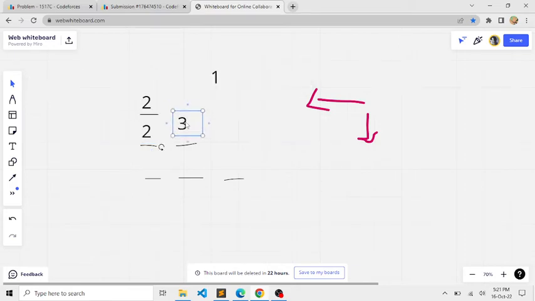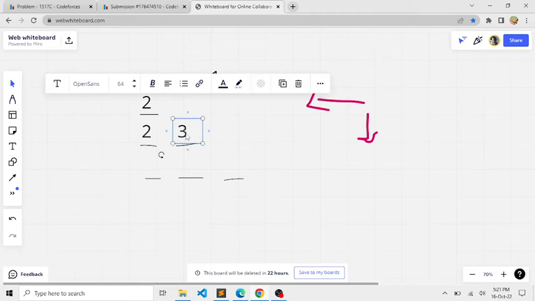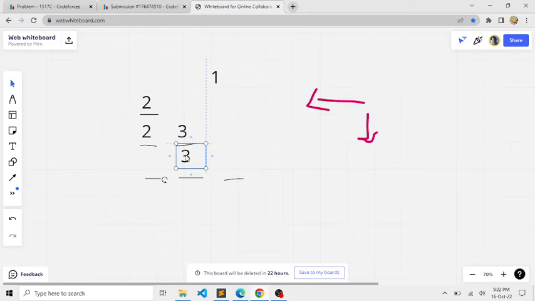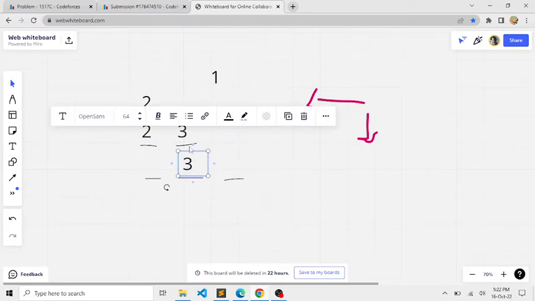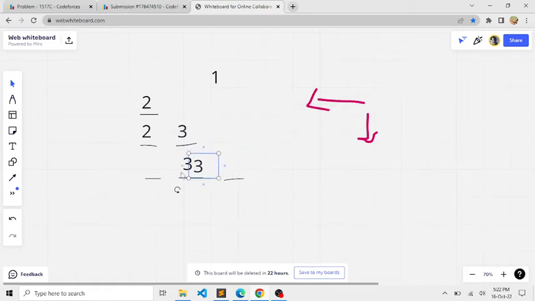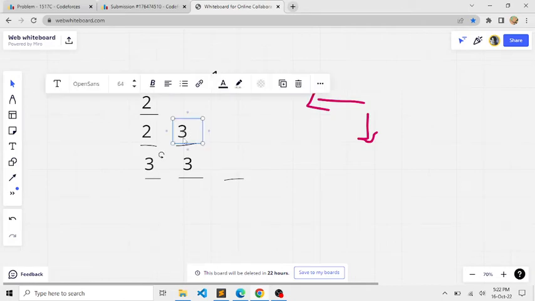Now next we'll come to 3. For 3, we need 2 additional elements with the same value of 3. So first I'll try to put 3 here, but 2 is already occupying the position, so I'll put 3 below it. So this is a valid connection. Now I need one more 3, so I'll take this 3 and put it on the left of the current one, and as it is empty, I can easily put it. So this will again form a correct region with 3 elements. So 3 is also complete.